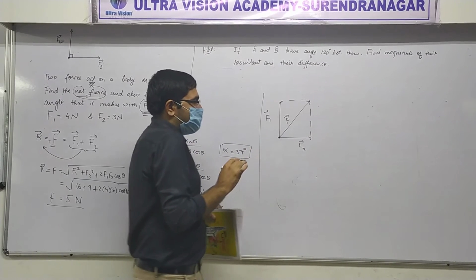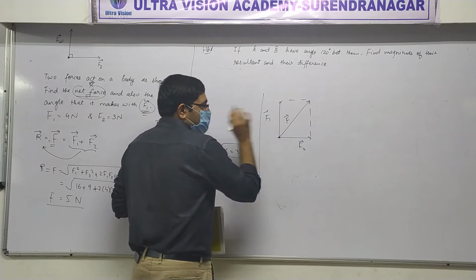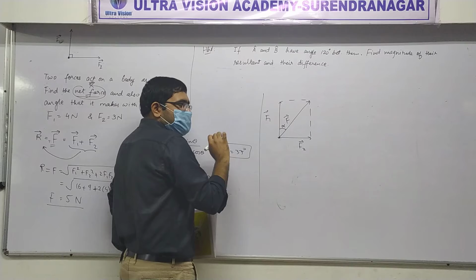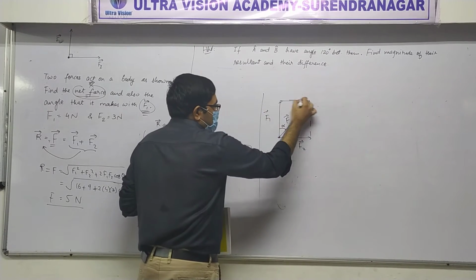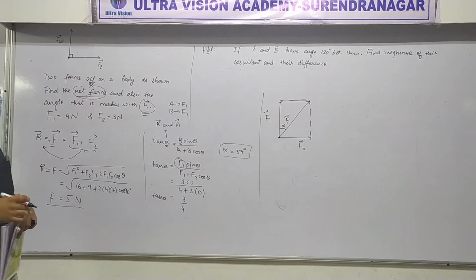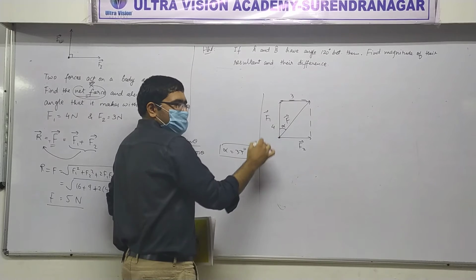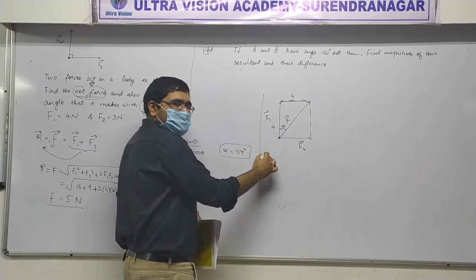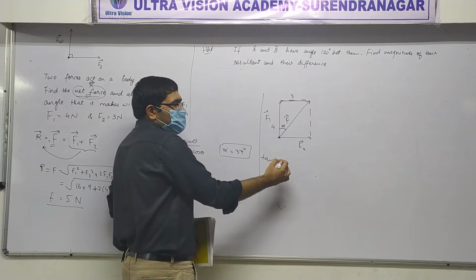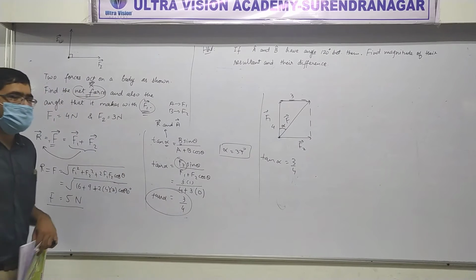Okay, now what's the question? We have to find the angle between F vector and F1 vector. Understood? Okay, what's this opposite side? Same as this? How much? F2. How much is F2? 3. Okay, what is F1? 4. Trigonometry is your friend, isn't it? Tan alpha is equal to 3 by 4. We jump to this point.